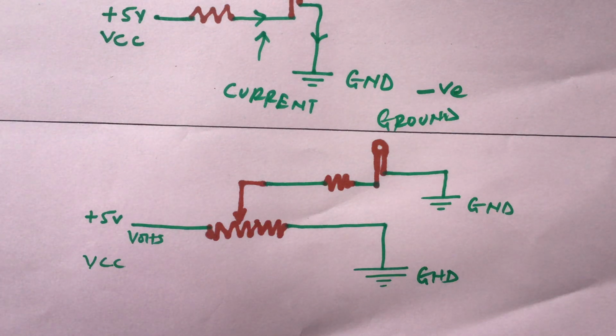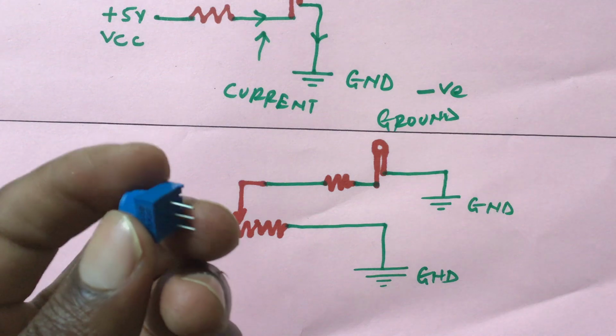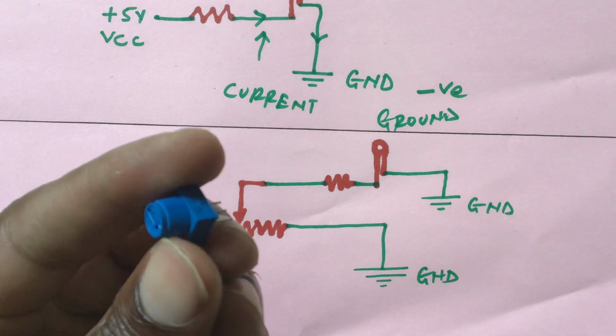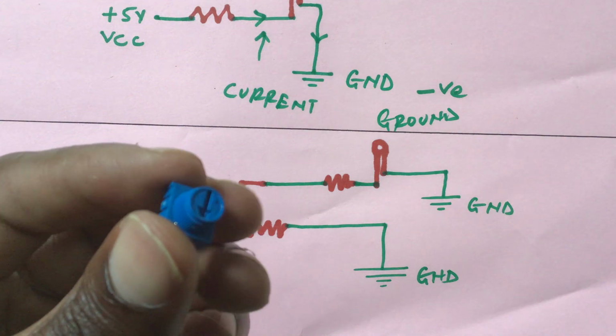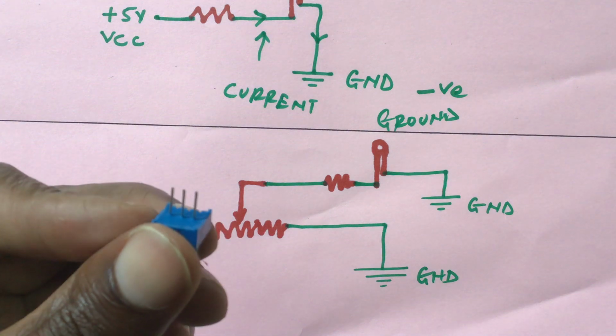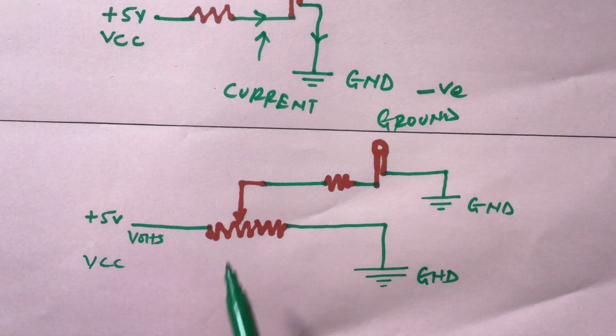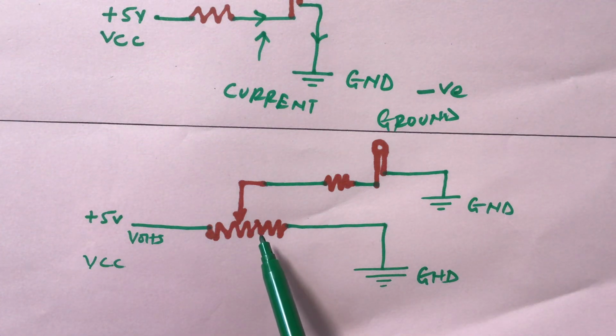You will note that we have our second circuit on paper, and that brings us to our next component in our module. So this is our next component. I know you are wondering what this component is and what is the purpose of this component. So this component is called a potentiometer, and this is the component itself.